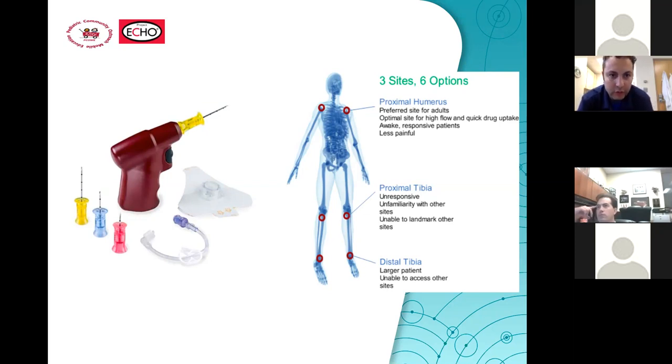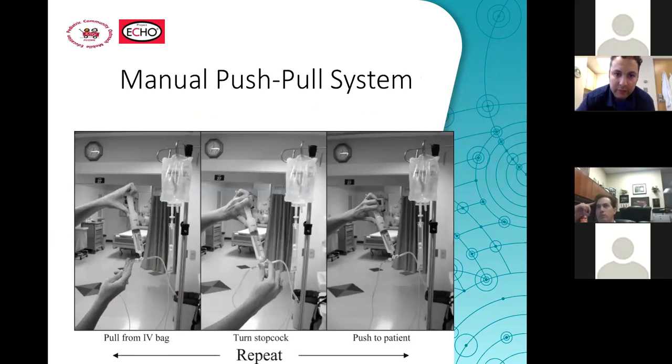And then also you have to see who is your comfortable nurse or physician who does the IO in your institution. Almost anything that can run through the IV can run through the IO. It will be a temporary measure until you get some fluid in and get better access afterward. How about push and pull? My understanding is this is not very common in adults, but for our pediatric patients it is very practical.